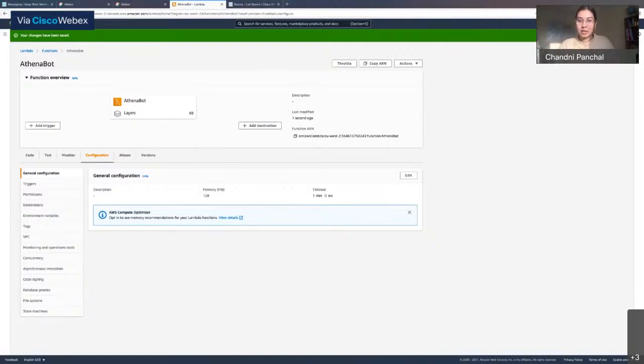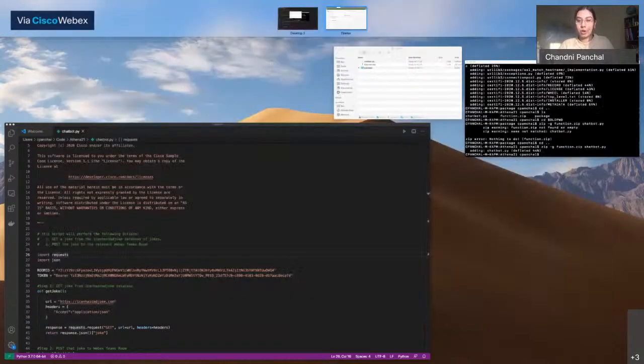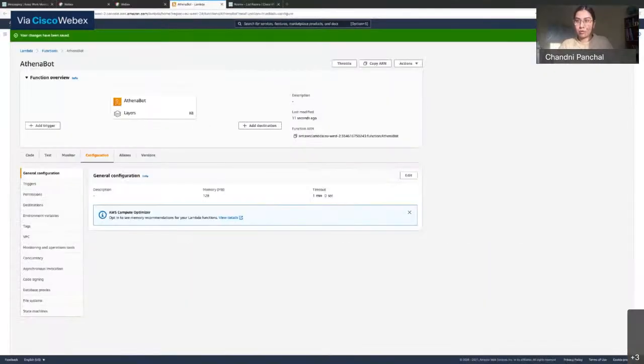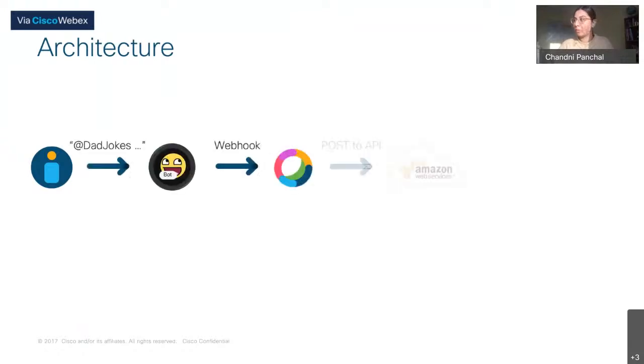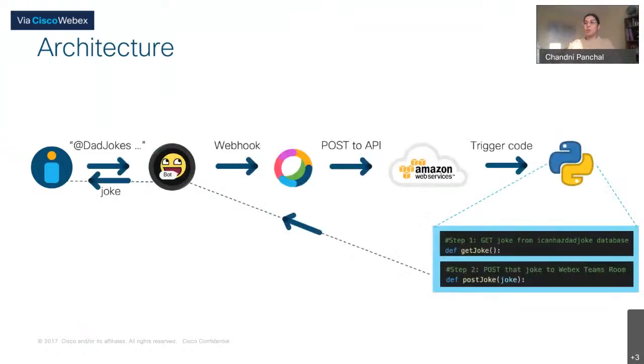Before we move on to the next bit, let's just have one quick review of where we're up to in terms of our architecture. So I'll populate this. We've got the bot. So we've done this bit. Step 1, create your chatbot. We did that pretty quick. The next bit was the Python code itself, understanding the method of retrieving a joke and posting the joke as well. Now posting it to an API over here. This is where we're up to at the moment. So we've uploaded our code onto AWS. The final thing we need to do is set